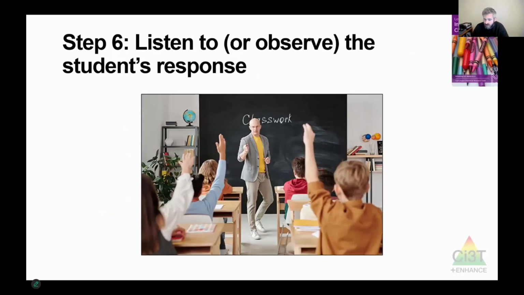Okay, step 6, listen to the student's response. Really important to do this step, because the next step is to actually give the student a choice. And if you're not sure what choice they made, or ready to give them any feedback or make sure that they understand what they're choosing, it's going to be hard to finish the process. So make sure that you're paying attention to students. And if you're focused in on 1 or 2 kids, you want to make sure that your attention is duly focused on those students where maybe they're more the focal point here.